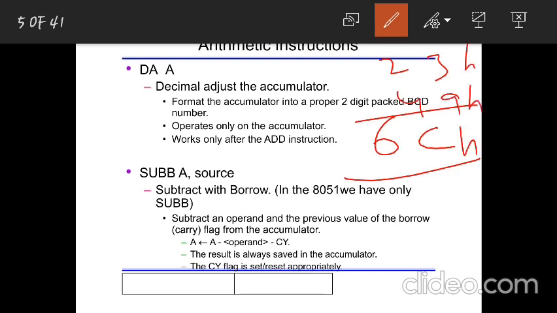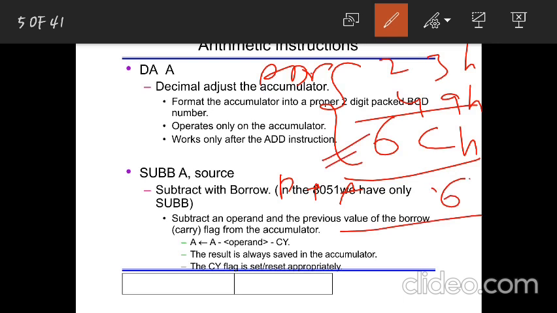But here you will use the ADD instruction. After that, you write DAA. For example, if you got 66 as the result, which is less than 9, then this DAA will still be there, but it doesn't add 6, so it will just follow the other steps. But in case it is greater than 9, then it will automatically add 6 here. So when it adds 6, your result will be 72H.